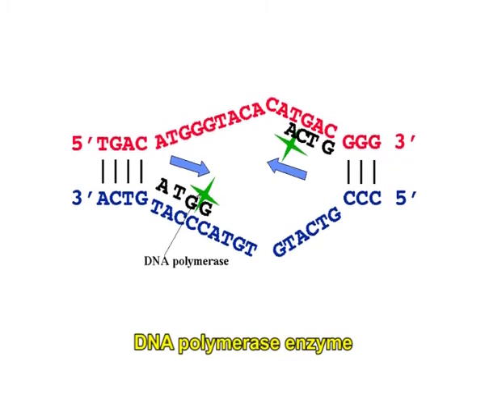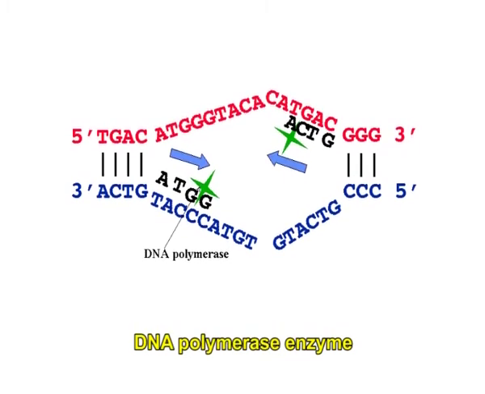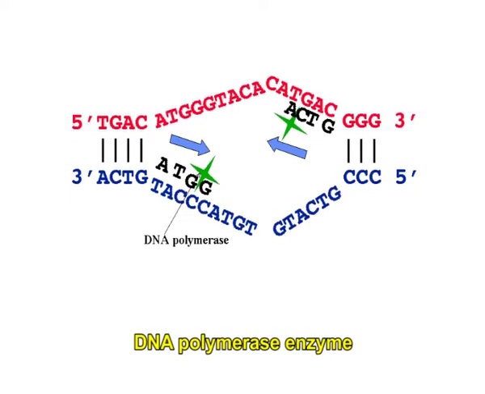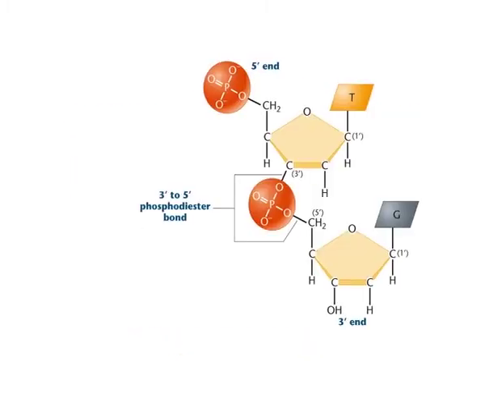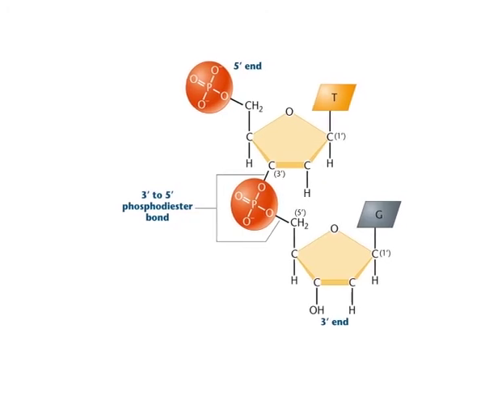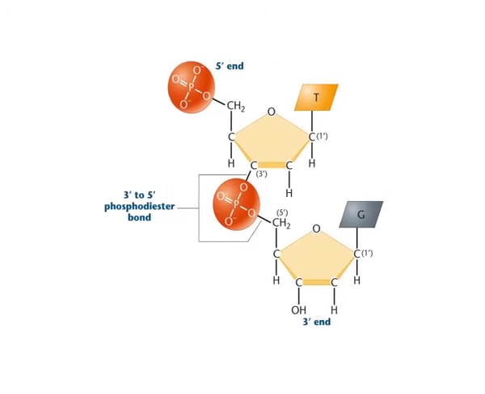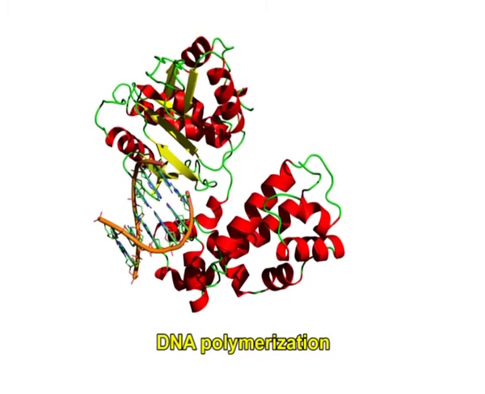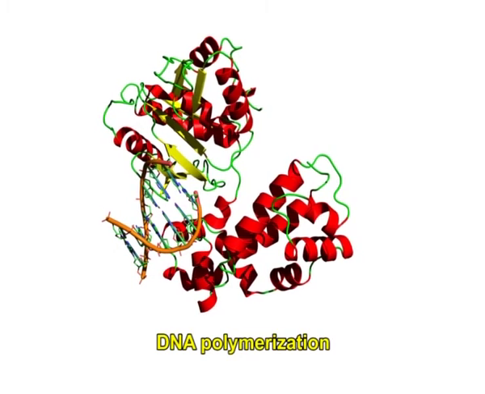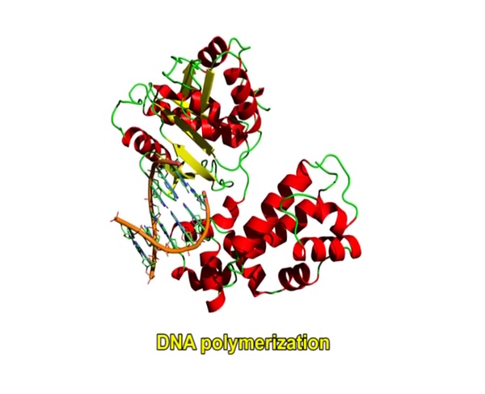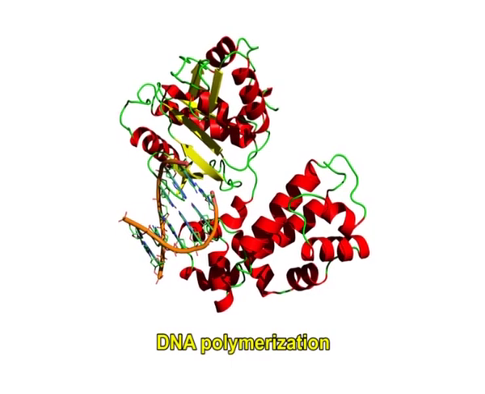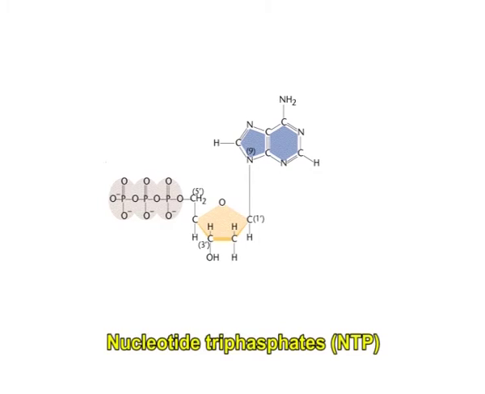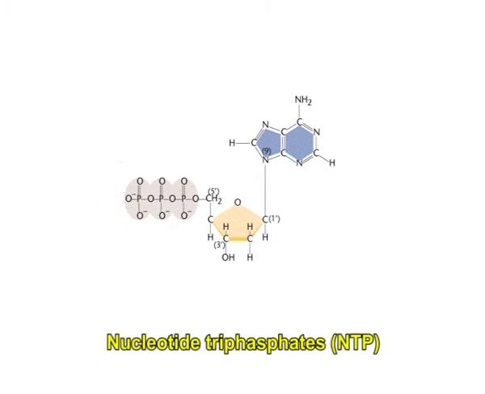The DNA polymerase enzyme produces a new strand of DNA by extending the 3' end of an already present nucleotide chain, adding new nucleotides that match the template strand one at a time through the creation of phosphodiester bonds. The energy needed for DNA polymerization generally comes from the hydrolysis of the high energy phosphate bonds between the 3 phosphates attached to each unincorporated nucleotide triphosphate. They are nothing but the NTPs.